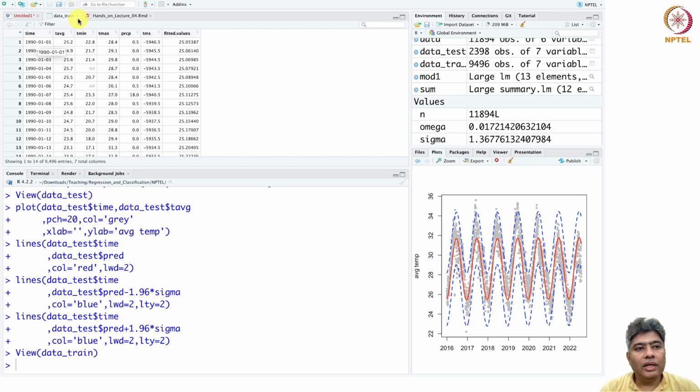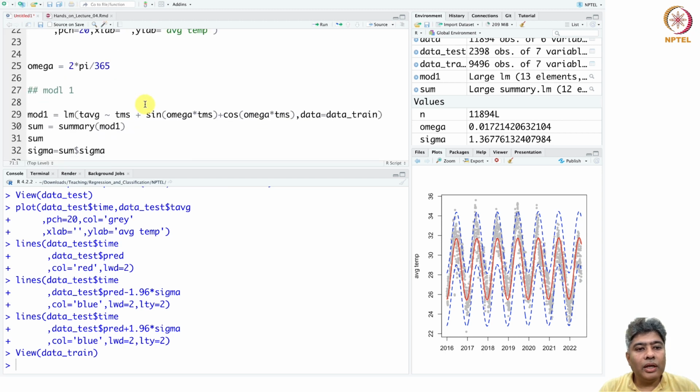From there we have created these two variables, sine and cosine, which are our engineered features. Sine omega t and cos omega t are engineered features. So with the engineered features, we fit a nice model which is doing pretty reasonably in predicting the temperature. So we will stop here,